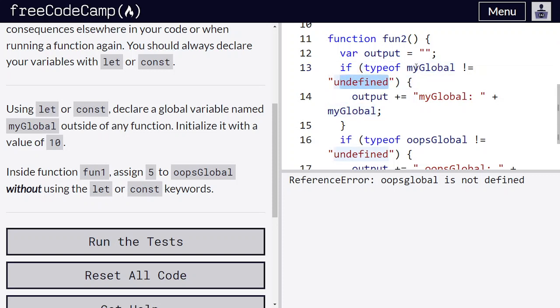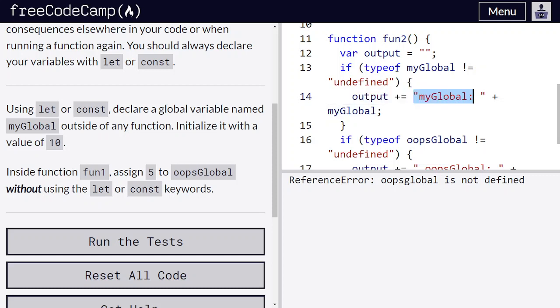So if typeof myGlobal is not equal to undefined, then output += myGlobal, that means output is equal to output plus the string myGlobal plus the value of myGlobal.